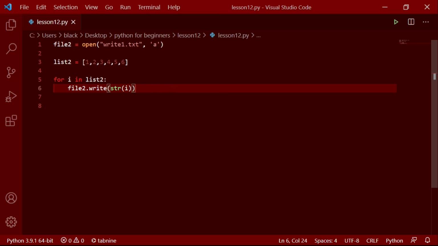The difference between write and append is, when we write, first it will open that file, then clear everything, then it will write the things we are going to write into that file. But in append, it will keep what is in that file, and it will write new things after the things that are already in that file.